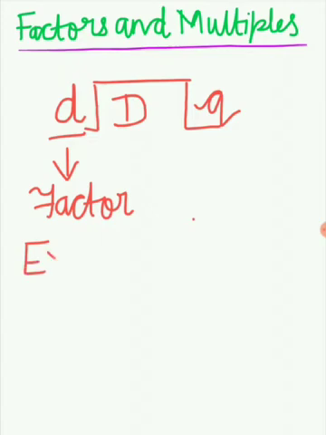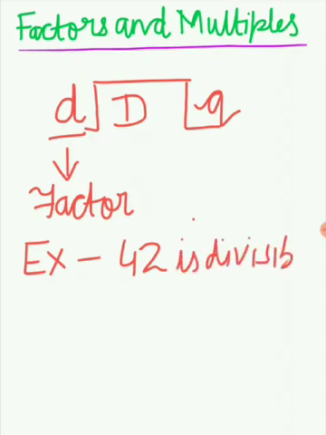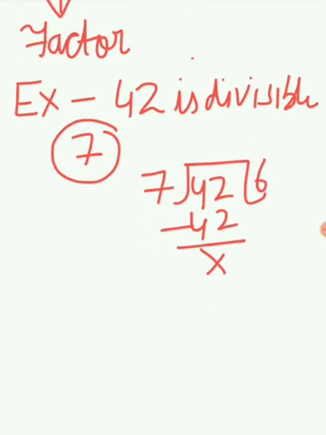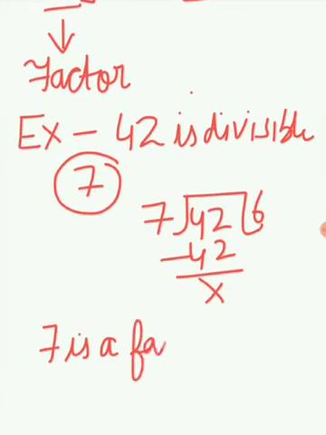Let's take an example. With the example you will understand. 42 is the number I have taken. 42 is divisible by 7. Let's see: 7 sixes are 42. So it is exactly divisible. It means the divisor is your factor. We can say that 7 is a factor of